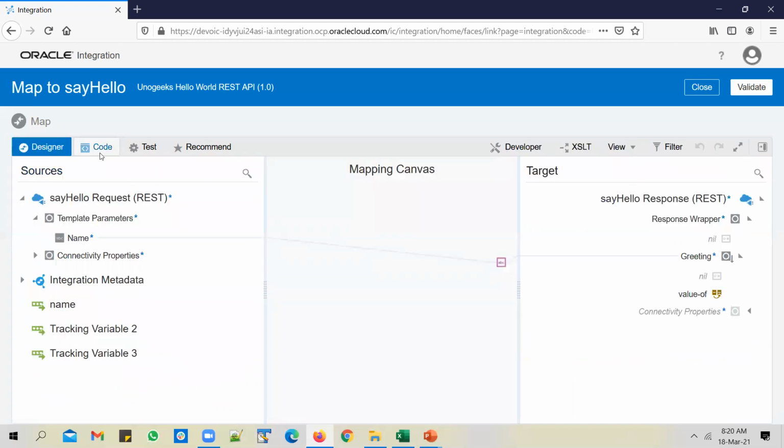And apart from these two options, you've got a test option available. Whenever you do the mappings, if you want to verify whether the mappings are fine or not, you don't need to activate the API, send in a request, and then verify whether the correct source attributes are getting assigned to the correct target attributes. You have a quick test option available here.